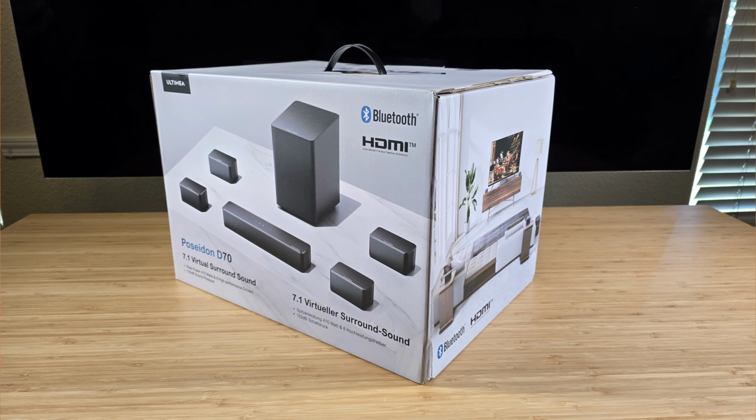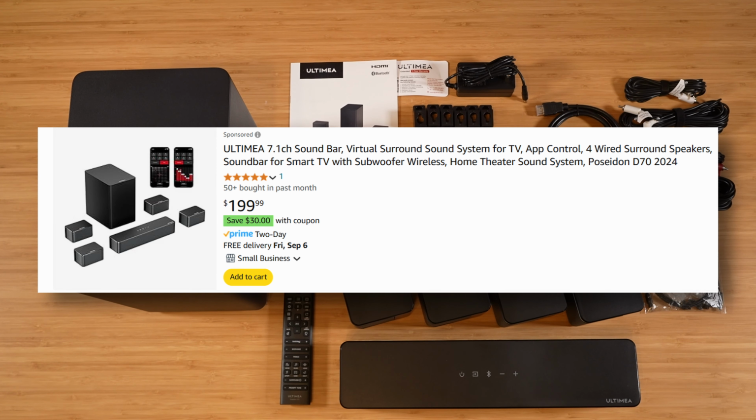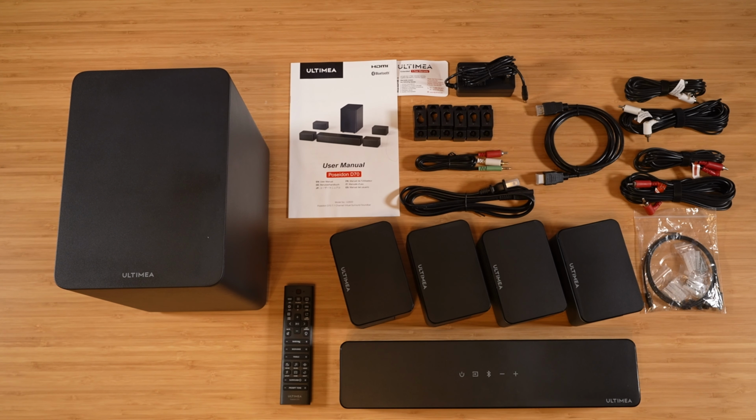And the best thing about this wireless soundbar system is the price. Coming in at under 200 bucks on Amazon right now, and with a $30 off coupon, you can actually pick this up for $170. Now let's go ahead and rifle through the specs, and then we'll take a look at